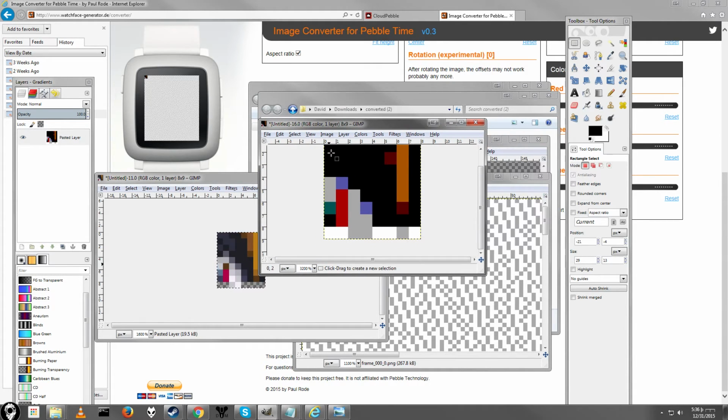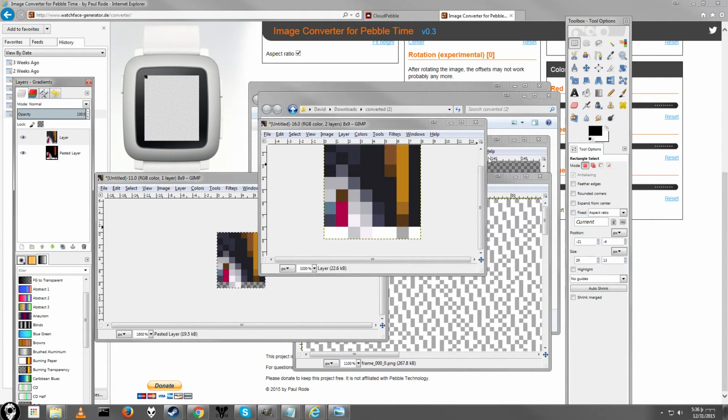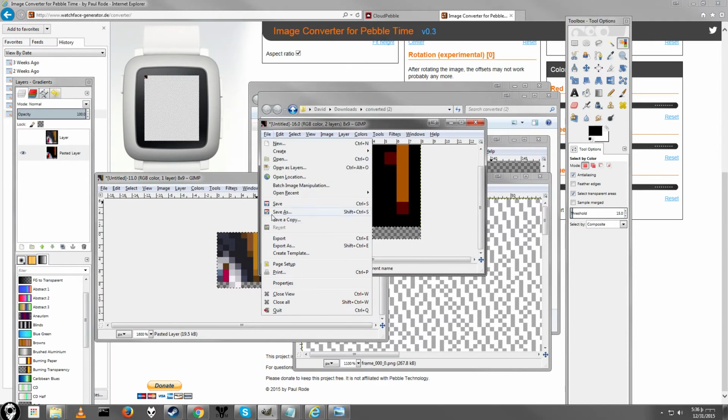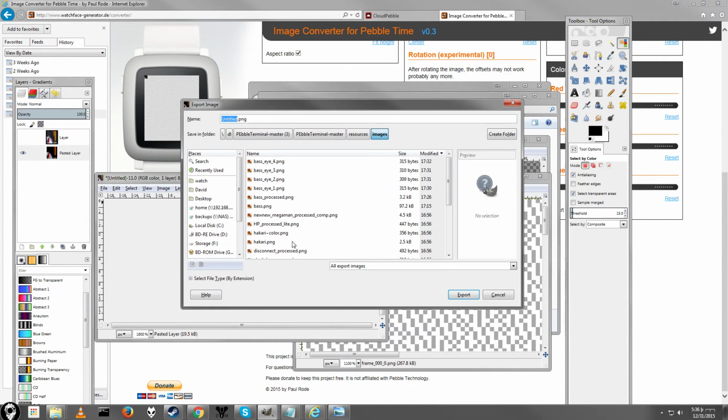So go to our converted one, and we're going to say new layer, transparency, and edit, paste, and we're going to anchor that down, and now we're going to select the part that was transparent, and now all the transparency is selected, hide it, and press delete. Alright, and now we're just going to go ahead and export this